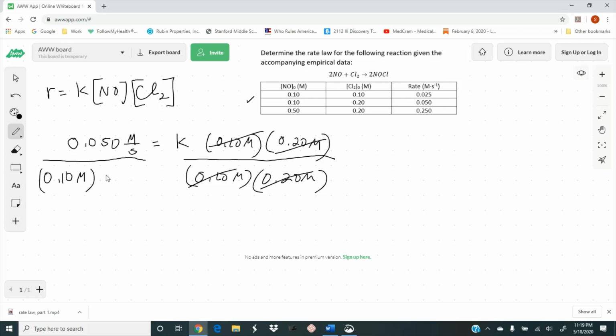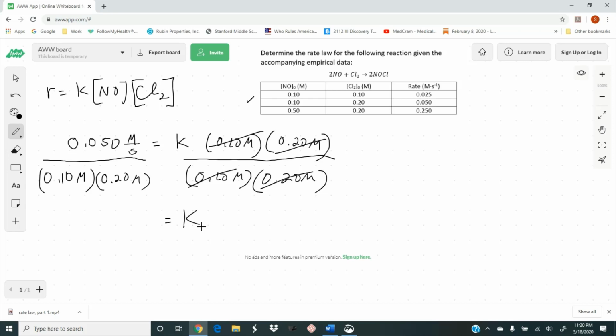So now your K is going to be equal to, let's get the calculator out, 0.05 divided by 0.1, divided again by 0.2, and what I'm going to get is